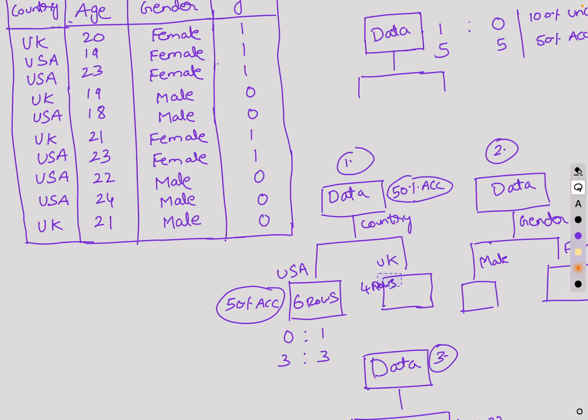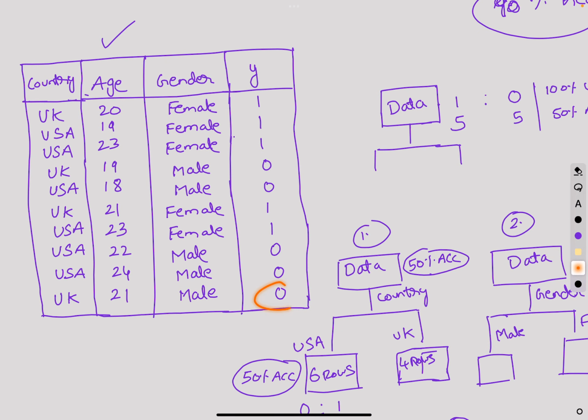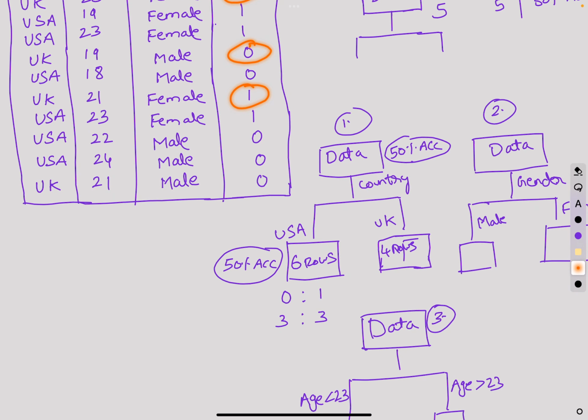Let's see what happens in case of UK. Maybe in UK I will get a better accuracy. Let's see how many records I have in UK. I have 4 records, and let's see all the records: class 0, class 1, class 0, class 1. Again, the distribution turns out to be 2 records in class 0 and 2 records in class 1. So overall here also